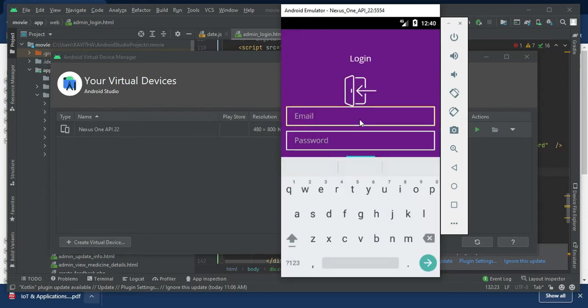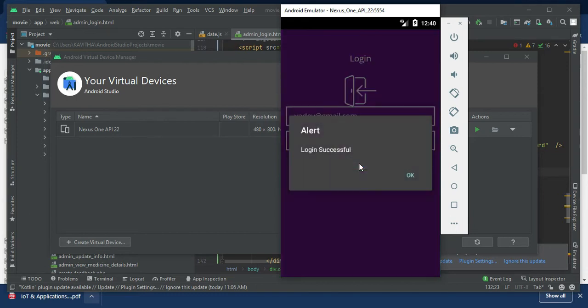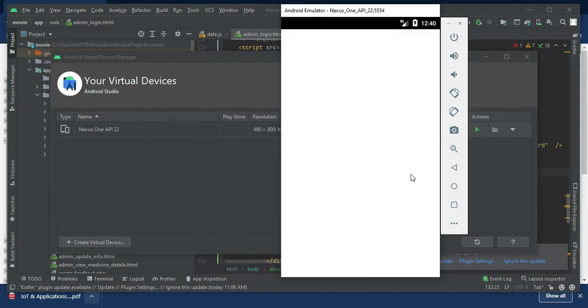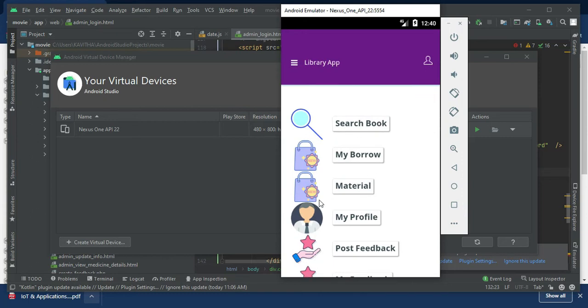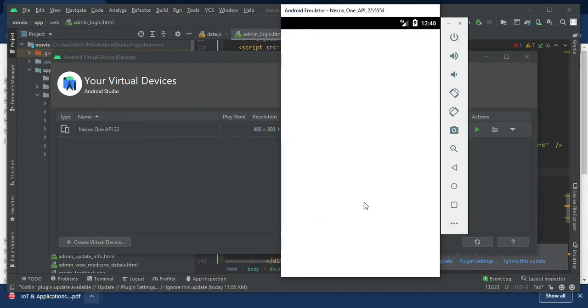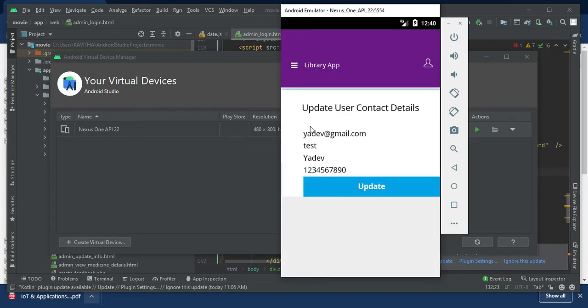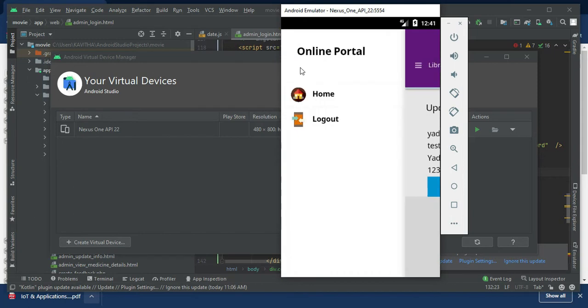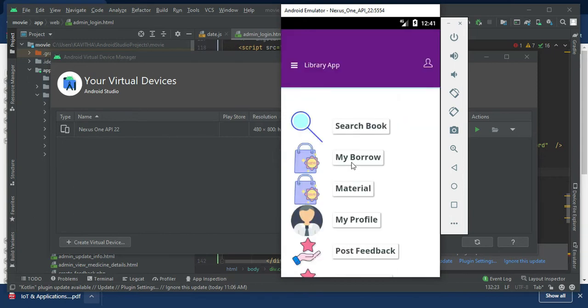Now you can log in. Here you can search the books and borrow a book, and whatever you have borrowed will be available in my borrow, and you can manage your my profile details.